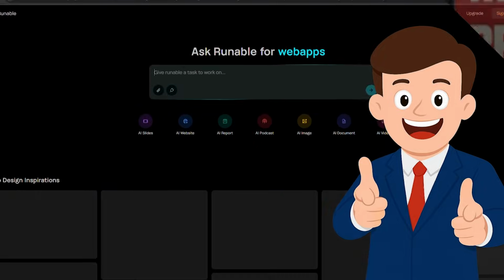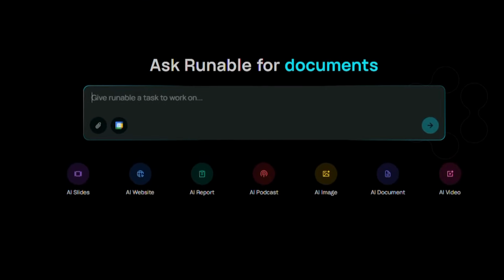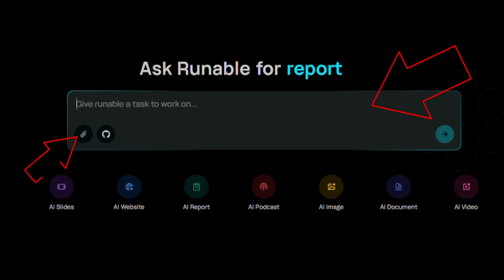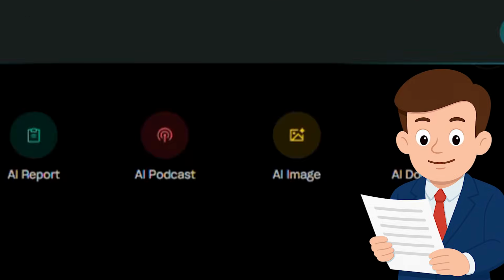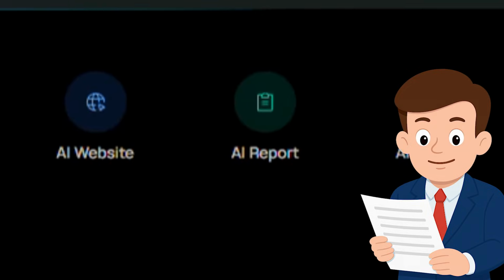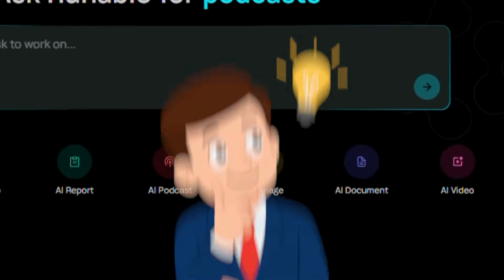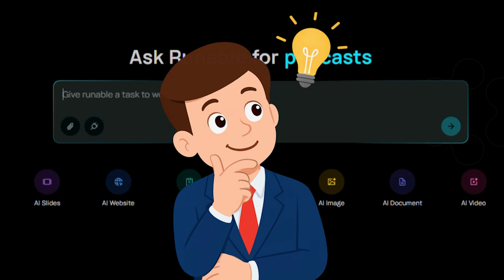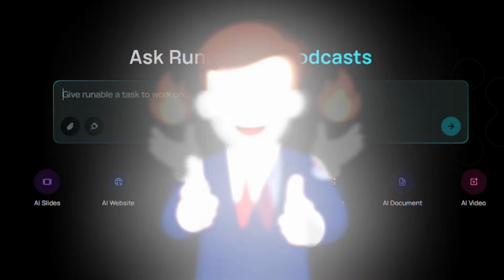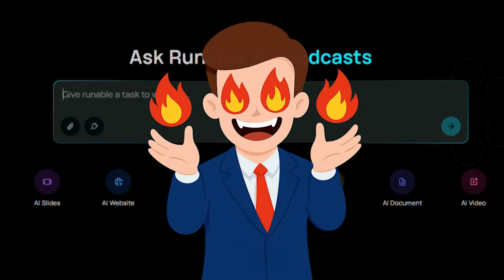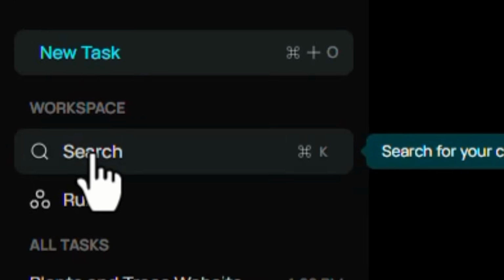At the center of the screen is the message box, which is exactly where everything begins. You can type your request or attach a file, ranging from images and PDFs to Excel sheets, code, videos, or documents. The important thing is that Runnable doesn't just receive files, it actually analyzes them, works with them, modifies them, and produces new outputs. On the left side of the screen is a sidebar where you can manage all your